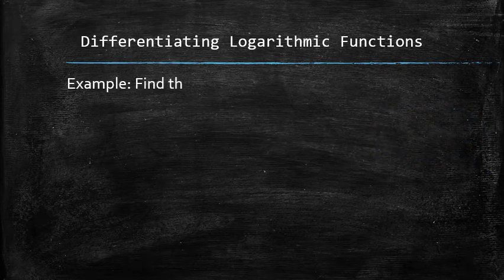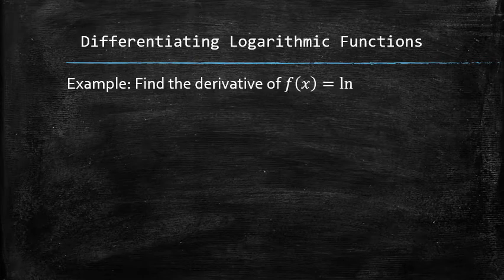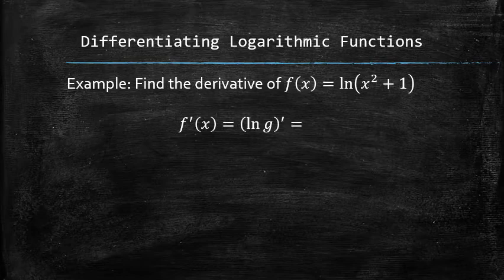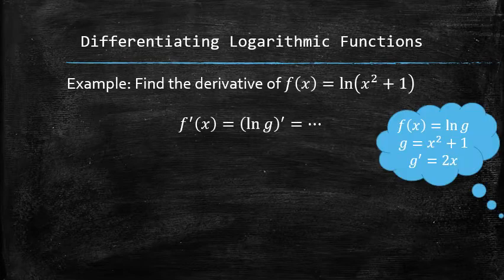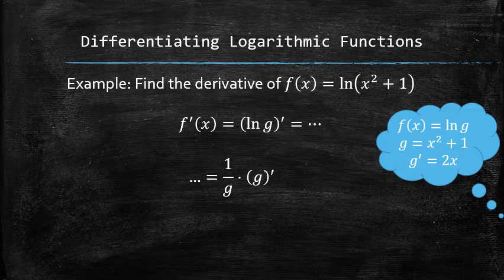Let's, for example, find the derivative of the following function. We start the process by recognizing that we have to find the derivative of a composition of the natural logarithmic function applied to the polynomial function. So we apply the chain rule, for which we know how to find all the components. We get the final answer after plugging everything in and simplifying.